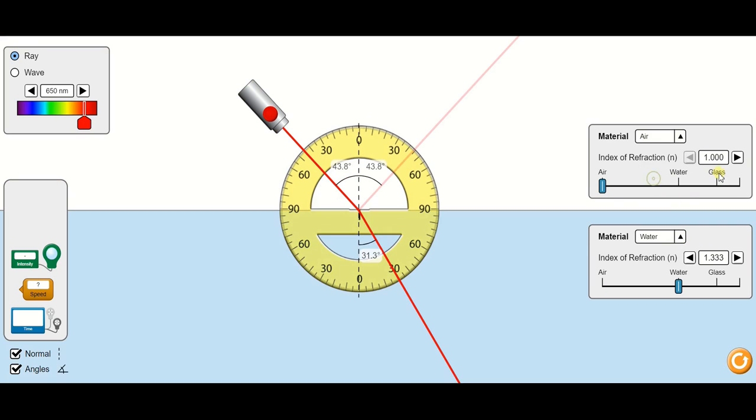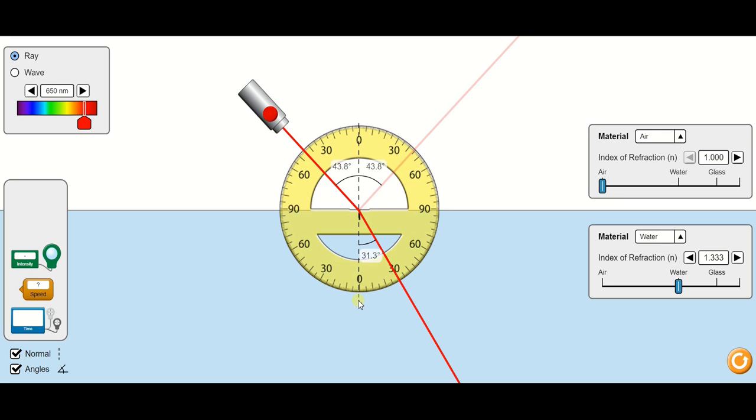Now here you are able to see, though the angle of incidence and reflection are the same, a decrease in the angle made by the refracted ray. Again, there is a decrease. So one thing we can infer is that when the light is moving from rarer to denser medium, the refracted ray would be towards the normal. The line at zero on the protractor here is the normal.